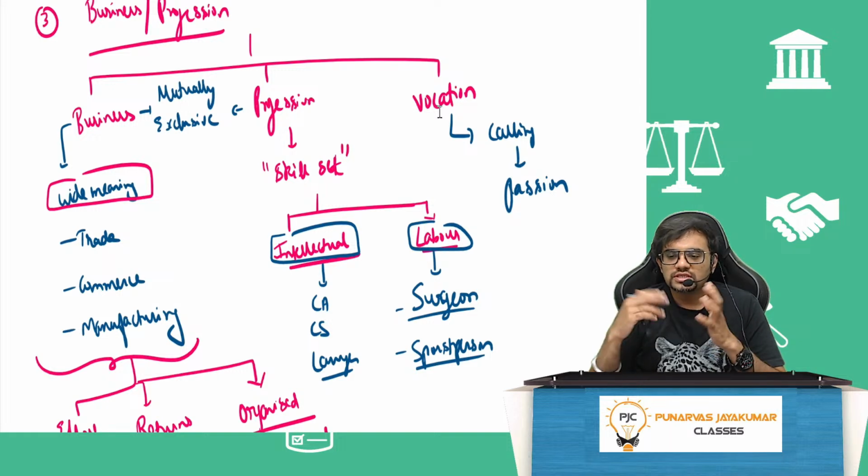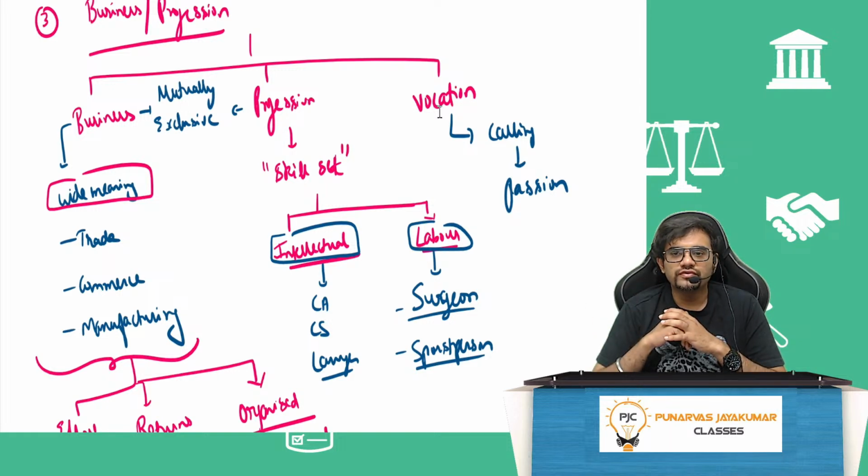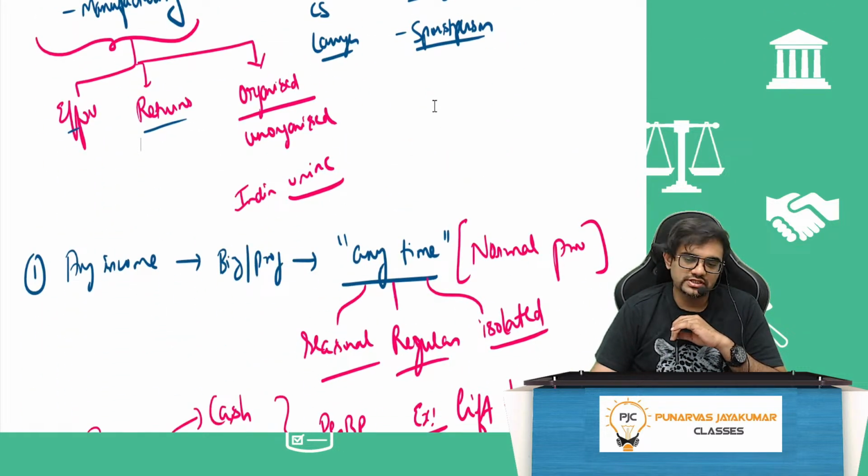But of course, some of them have become famous. They have a lot of YouTube channels. They make a lot of money. Now that is included in the word profession. So vocation is included in the word profession now. Everything that you earn, everything is business. Whatever you do is business. It can be an isolated venture or otherwise.